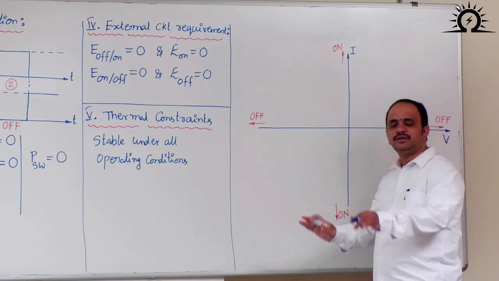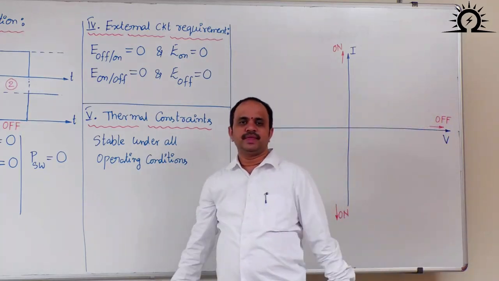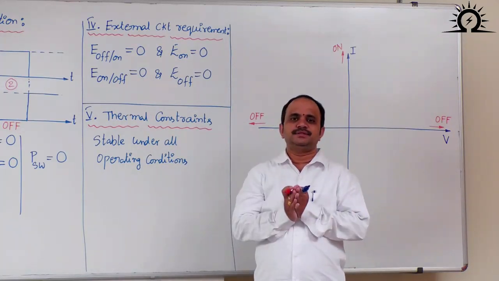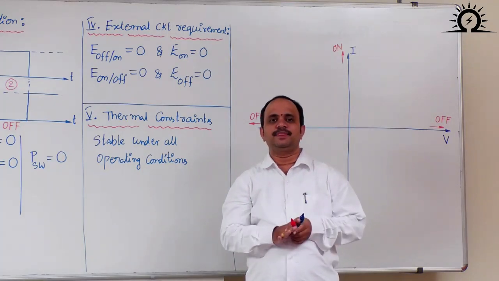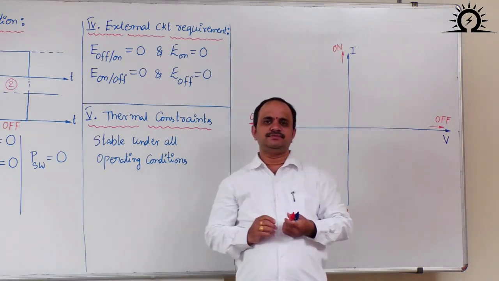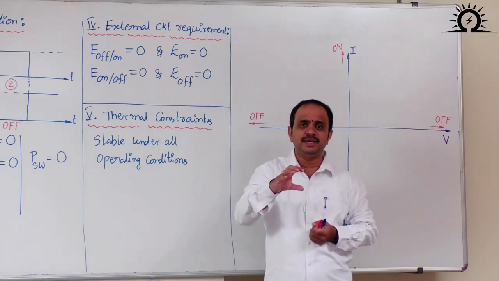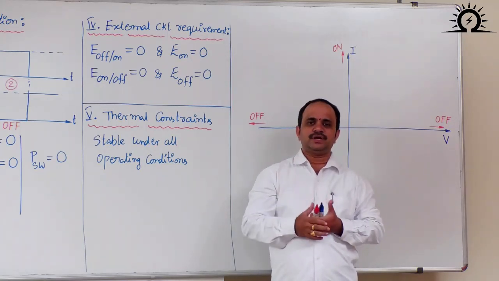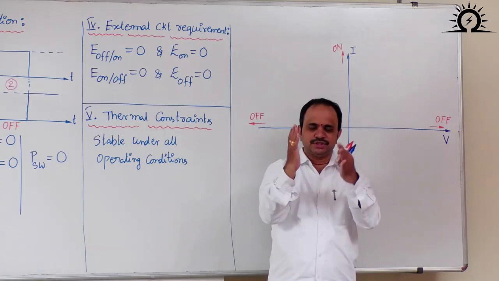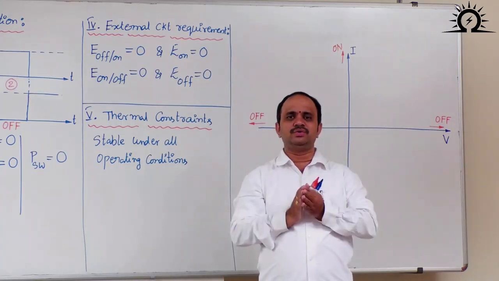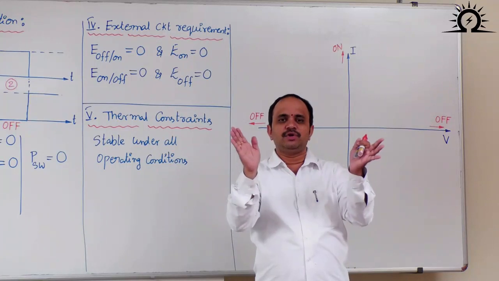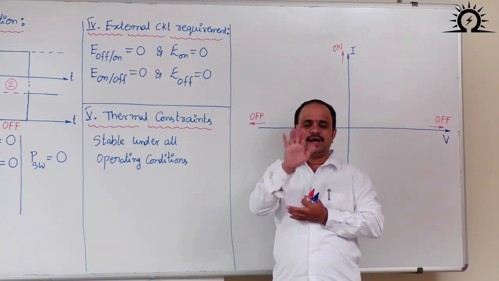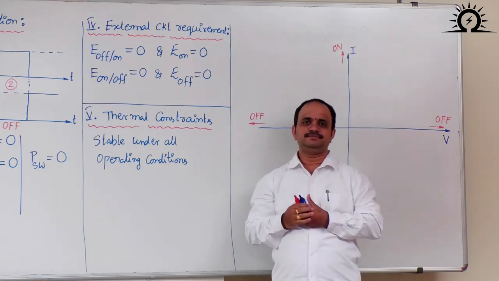So these are all ideal switch properties, but strictly speaking, none of these properties will be possible in reality. Why? Because ideal systems will never exist. What will be the deviations from the ideal to the practical scenario? For example, everyone watching this video, just look at the switchboard in your room. Let us say the switch is at present in the off state.